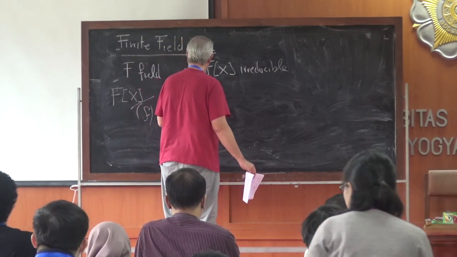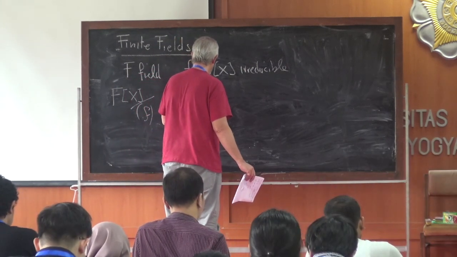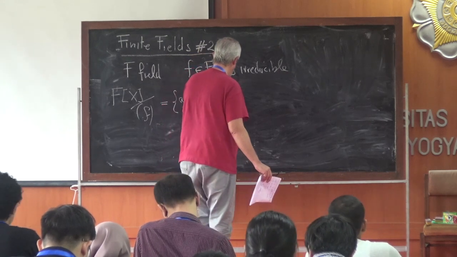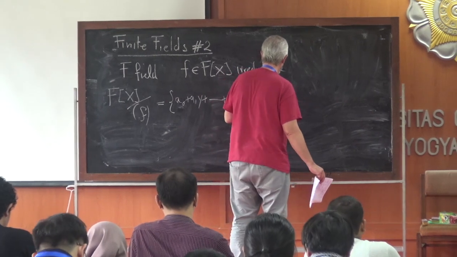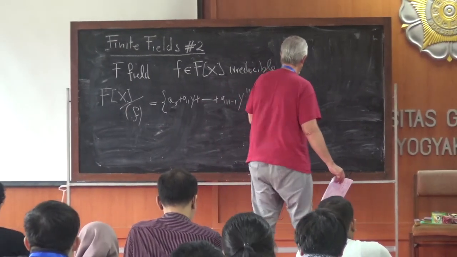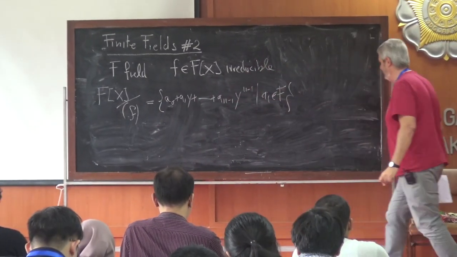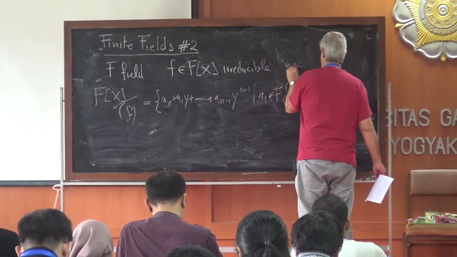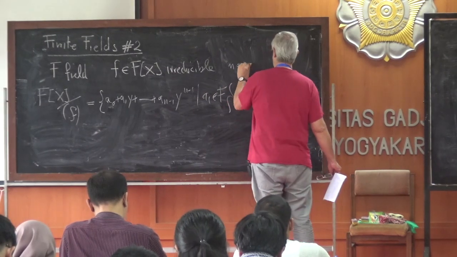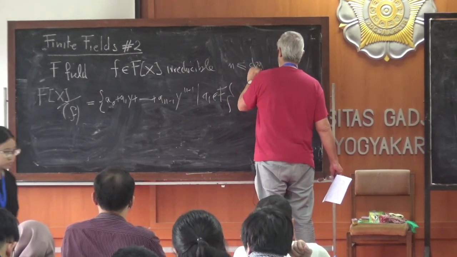So the elements are polynomials with coefficients in F and degree smaller or equal than n minus 1, where n is the degree of the